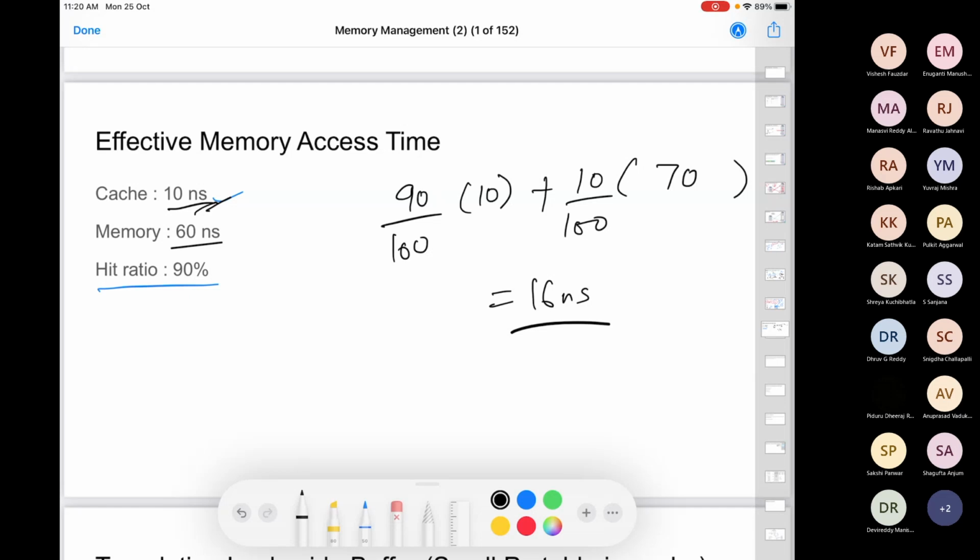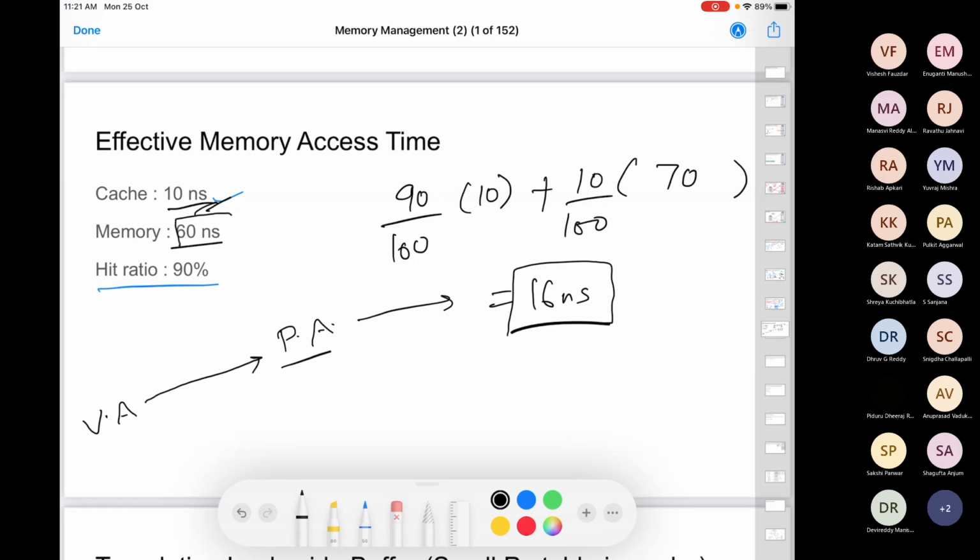So how much is the increase in time? This 16 nanoseconds is when you are given the actual physical address. Once you know the actual physical address of a particular data, it takes you 16 nanoseconds to fetch it, right? But here we do not have the physical address, we have the virtual address. We are converting it to the physical address with the help of the page table, which is in the memory.